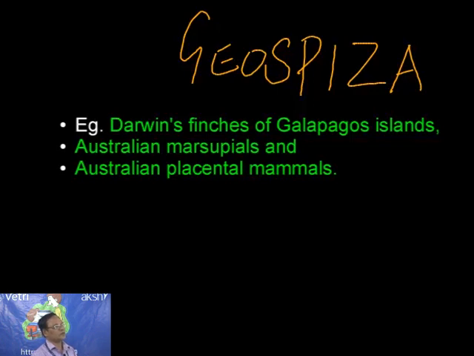Then another example, we have the Australian marsupials, the pouched mammals. See the kangaroo, the possums, then the koala, which is called the teddy bear. Then we also have, for example, the Tasmanian wolf. So many examples of Australian marsupials. And also the Australian placental mammals, the highly evolved mammals without a pouch. So the first are the pouched mammals, the second are the advanced placental mammals belonging to the Placentalia, the eutherians, the true mammals. All these evidences are in favor of adaptive radiation. Let's see the pictures of this.